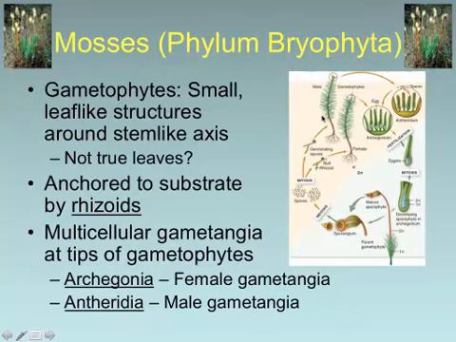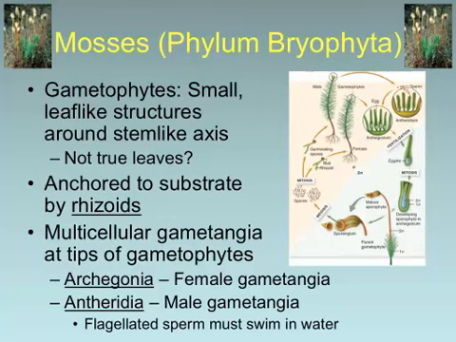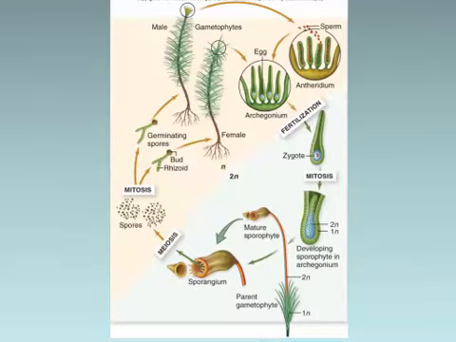Okay, there's a lot there, but I definitely want to make sure you pay attention to this life cycle. You've seen this in lab, you have drawn this, we've talked about it quite a bit already in this lecture, so you probably should have some indication that I might think this is kind of an important point. Again, these plants must have water around because the sperm are flagellated, so they need to be able to swim to get to where they need to go in order to fertilize an egg.